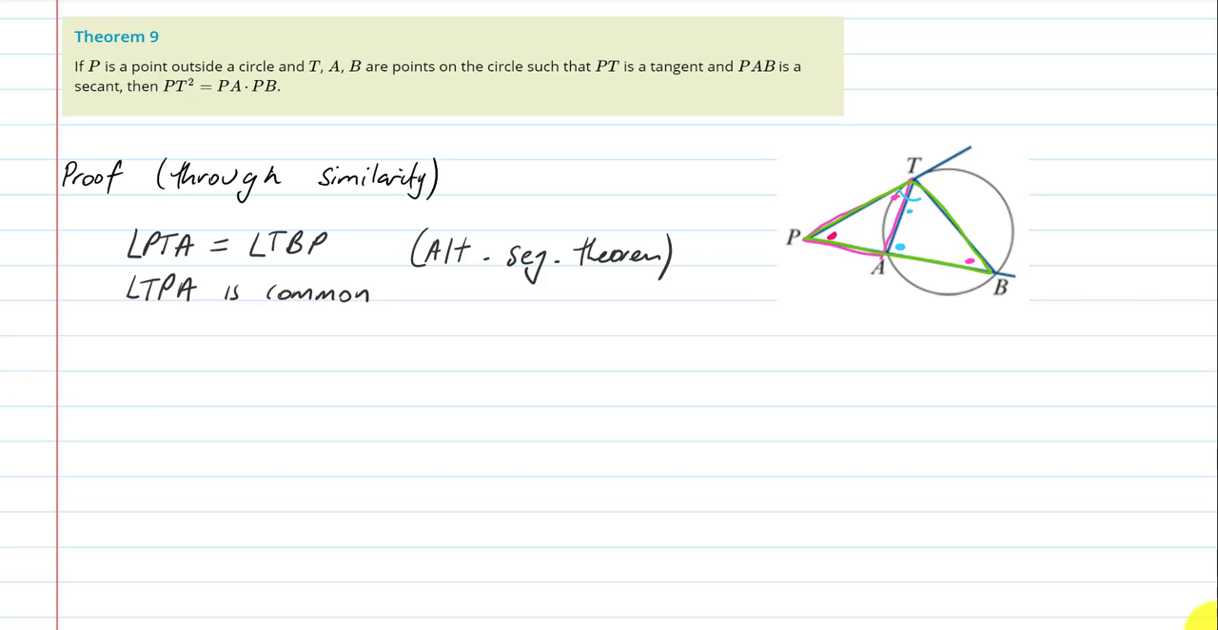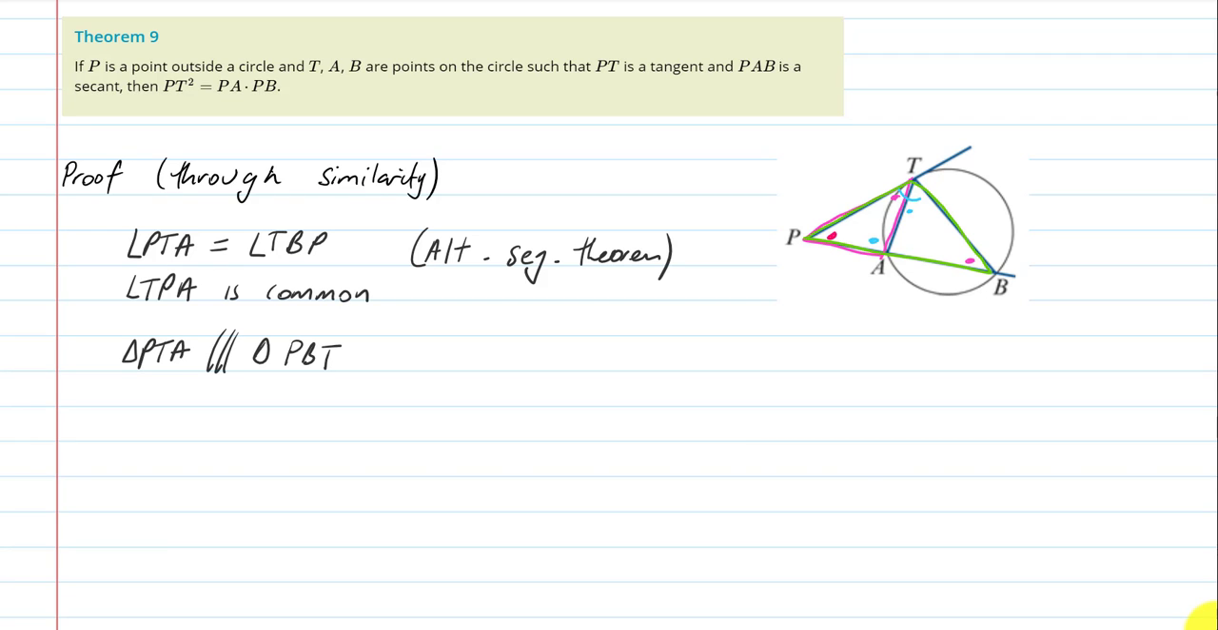Sorry, that's not right. This angle here, my apologies, must be equal to that PTB angle, just from similarity or from subtraction of the angle sum of a triangle. So we've got those two angles that are equivalent, which means three angles must be equivalent, and therefore triangle PTA is similar to triangle